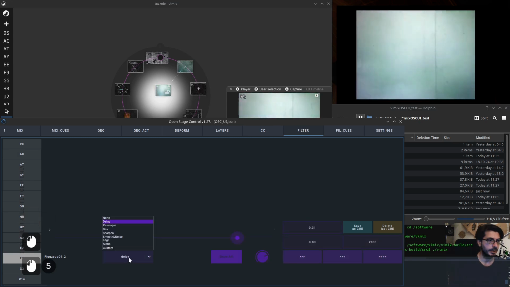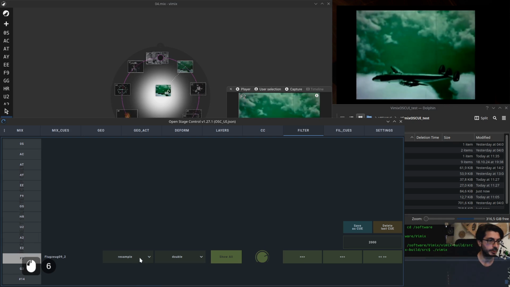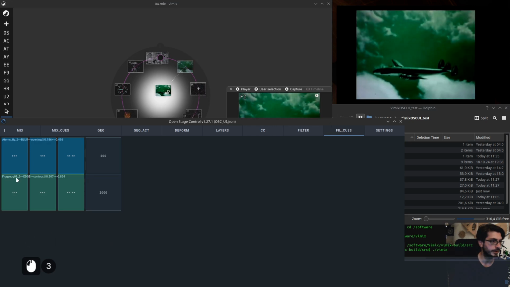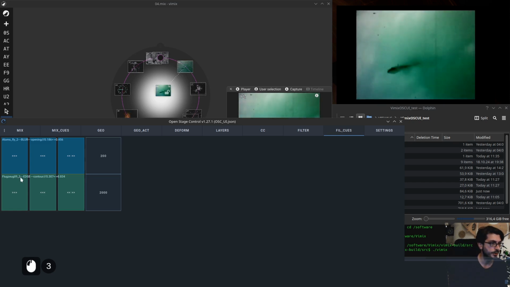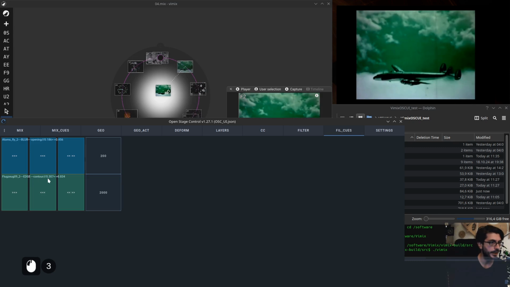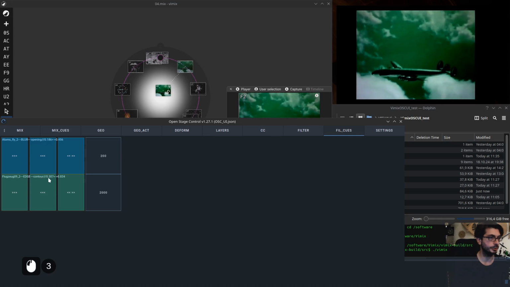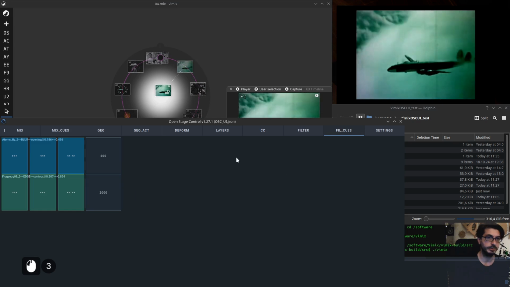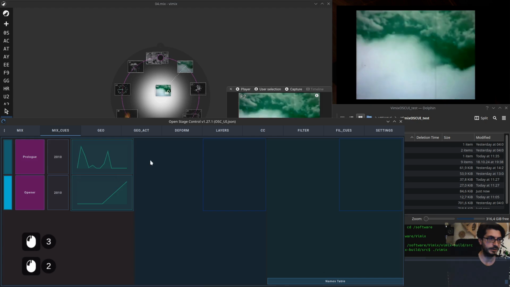So every different filter has its own color, and you can see it here even with this little text here, giving you a quick idea of which source you were working on, the filter that you choose with the algorithm that you were using, and the value, start and end value. Very nice. Okay, so nice and all, but